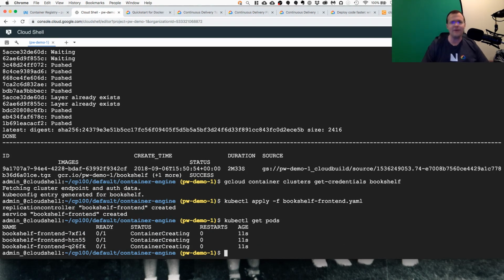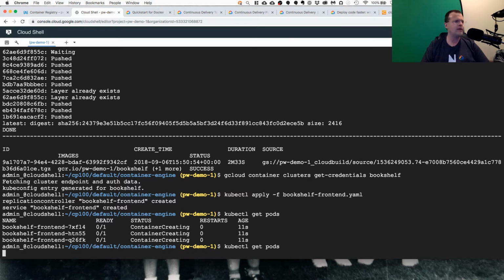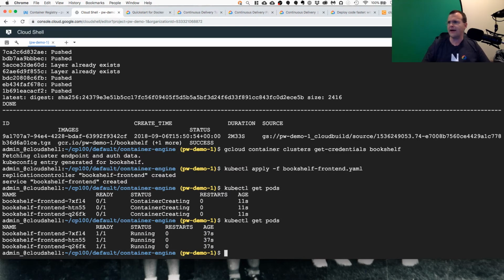And again, if you're not familiar with Kubernetes, I'm going to be pretty much speaking Greek right now, but what I'm doing is we just deployed the source code package from our container registry into an actual live application on Google Kubernetes Engine. I already deployed the cluster before the demo started because it takes a few minutes to do that. And we're waiting about 30 seconds for that service to be up and running, and we'll see if it actually works. Okay, our pods are running,